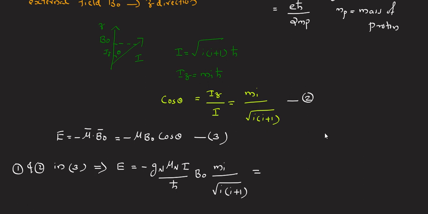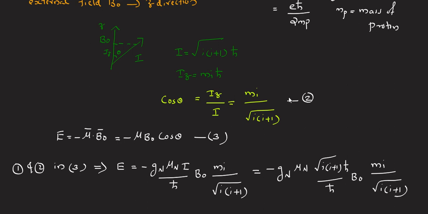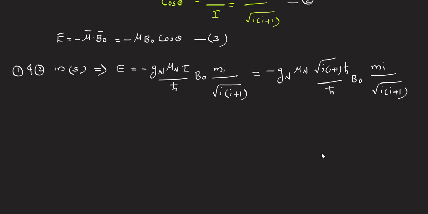Now we can rearrange like this, minus Gn again mu n, I is nothing but root of I into I plus 1 h bar divided by h bar, then B0, then mi by square root of I into I plus 1, and this implies E equal to